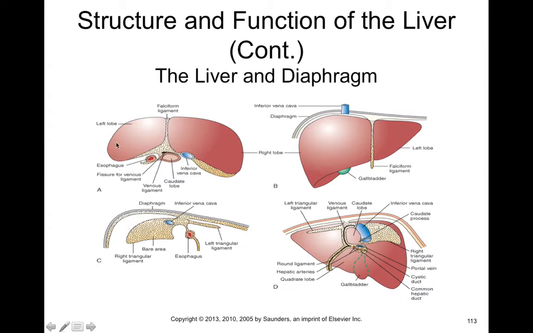Now, from a superior view of the liver, what we see here is that it's also nearby some other structures like your esophagus, as well as the inferior vena cava. So, liver neoplasms may actually impinge on something like the esophagus or inferior vena cava, depending on the location of that neoplasm. Now, the right lobe also has the gallbladder associated with it because we know that the liver, one of its functions is in part to synthesize bile